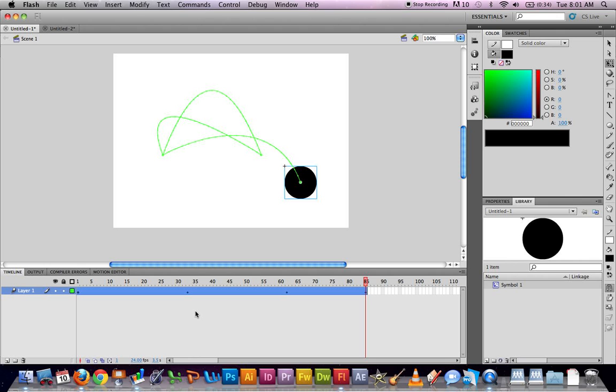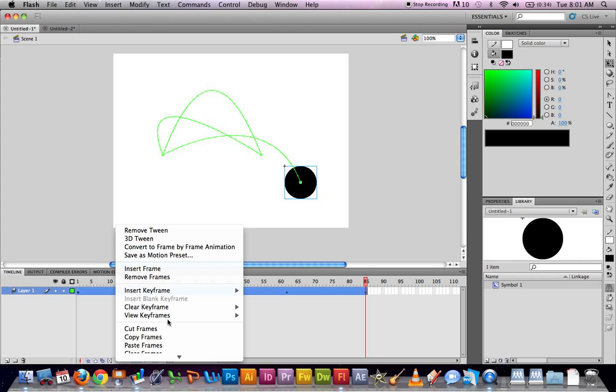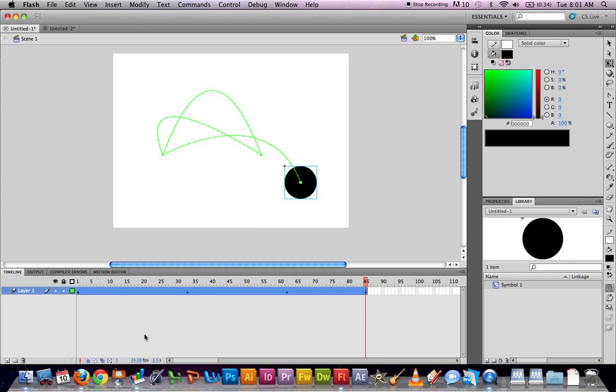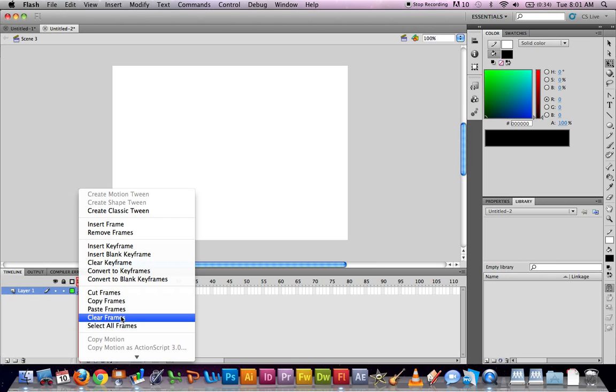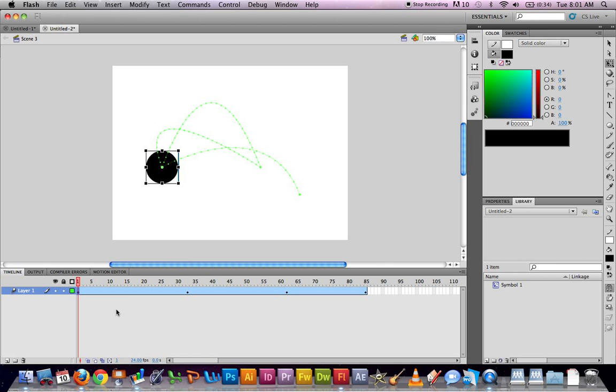The next thing you need to do, not Command C, because all that does is copy and it actually won't work. You need to right click once everything's highlighted and hit copy frames. Go back to your other movie here and then in this frame don't hit Command V, you need to right click and do paste frames. There is a difference, so we'll paste frames